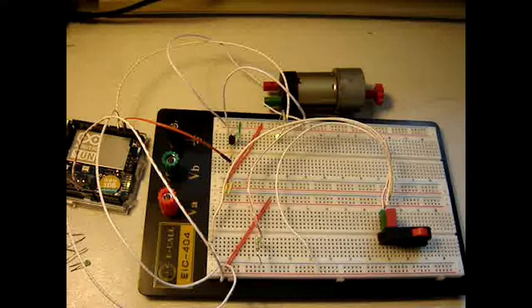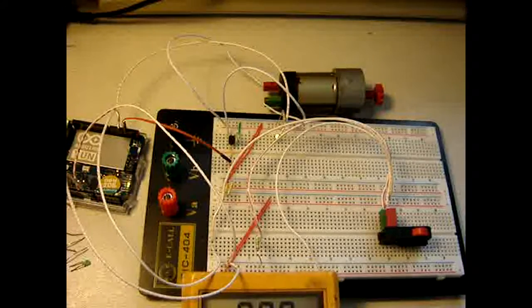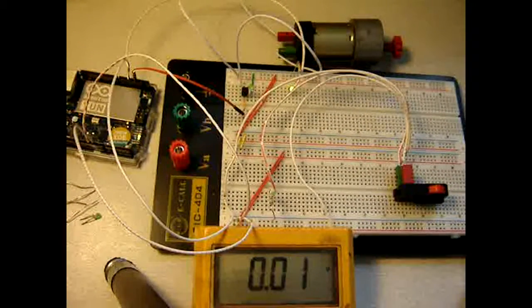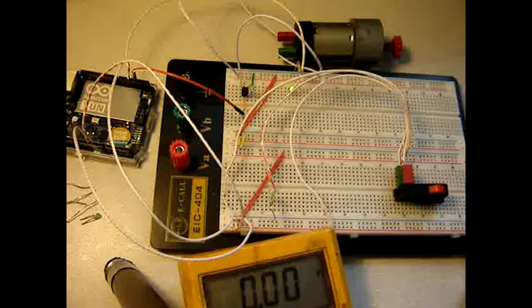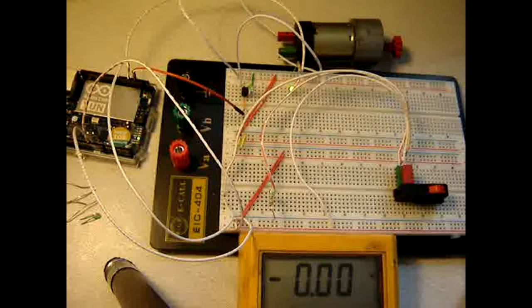Is the motor getting enough voltage? There's only one way to find out, and that is using the multimeter again. So let's just do that. And let me adjust the camera angle a little bit. And then